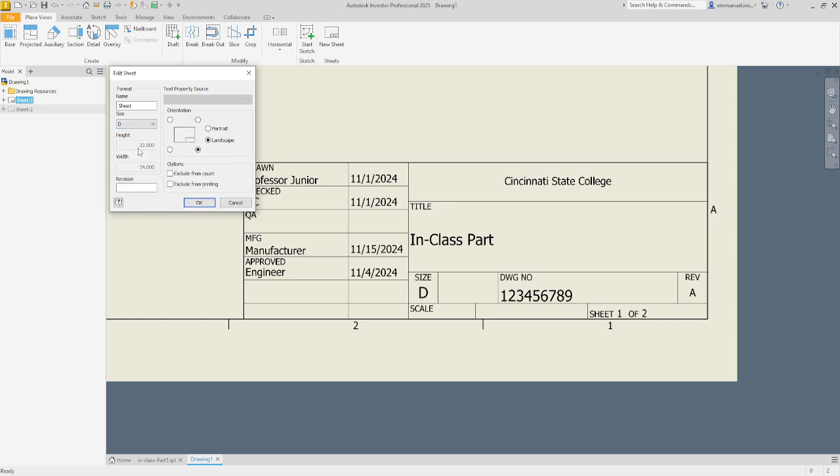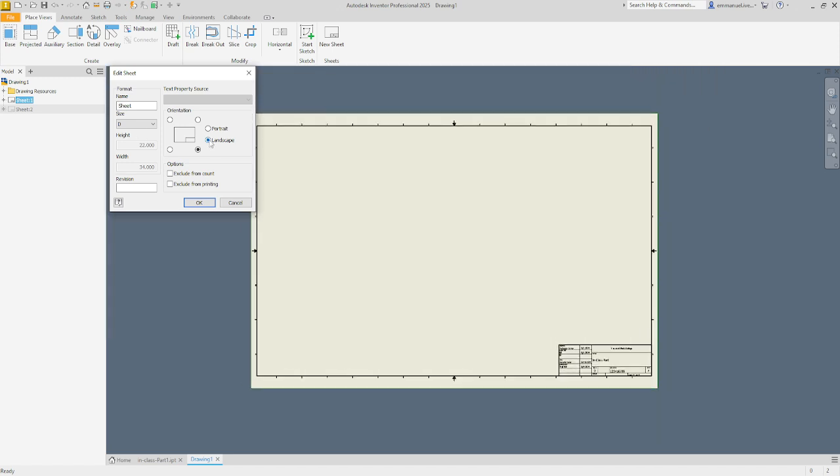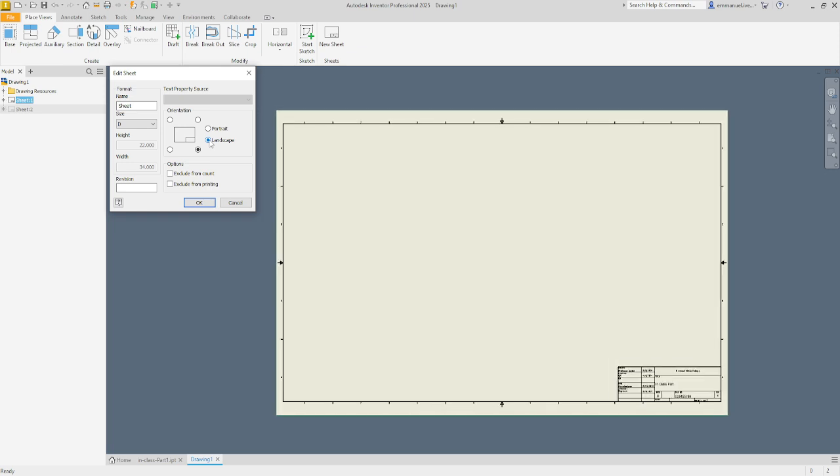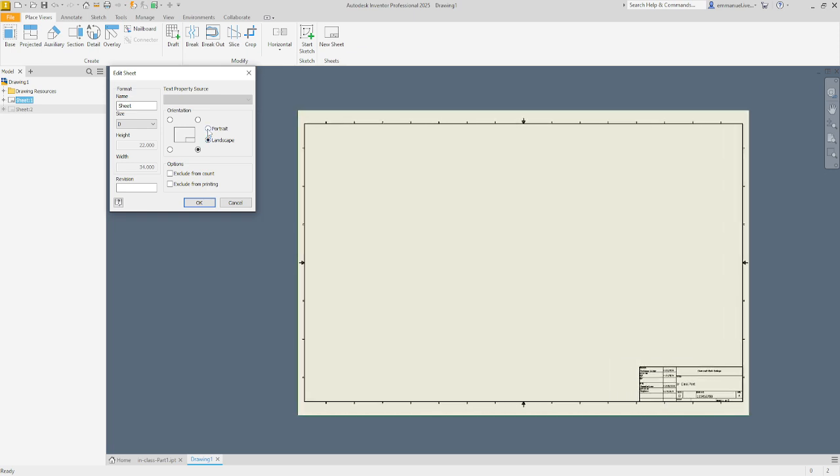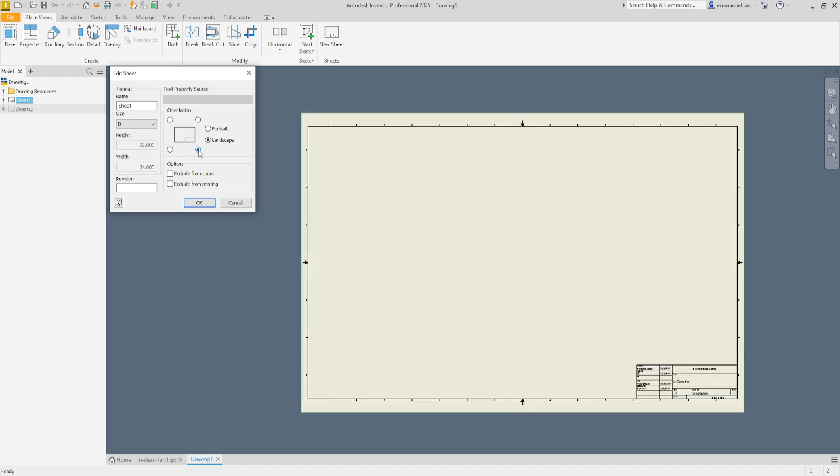I'm going to keep this as a D size drawing because I know my part is in US units, inches and feet. And if you wanted your drawing to be in landscape versus portrait, I have it currently in landscape, I can switch it to portrait. I don't think it'll change here, but at least in this preview window it'll change just slightly, and you can see the difference there. And then the location of your title block, you can select either on the bottom right,